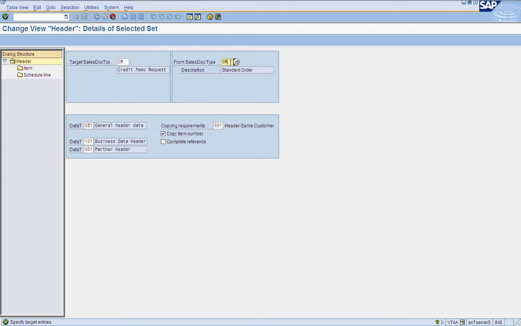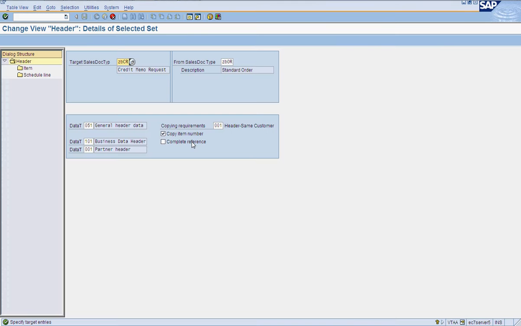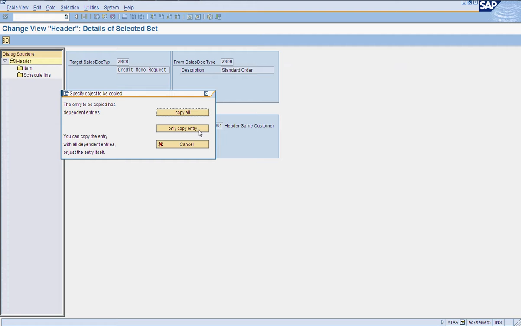So we would be just changing our order types ZBOR and ZBCR for our test, ZBOR to ZBCR. We want to copy all the dependent entries.